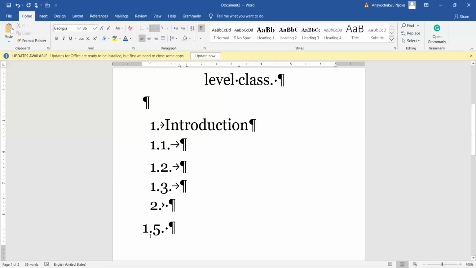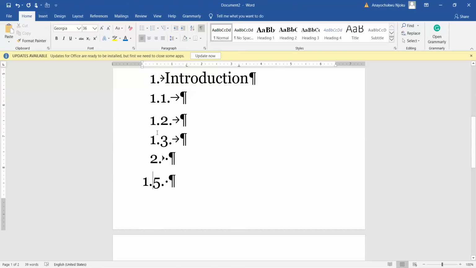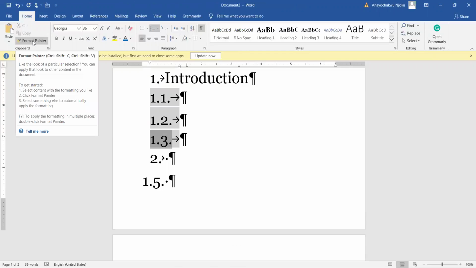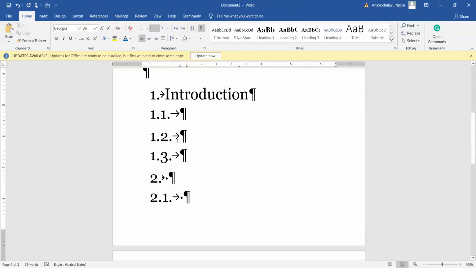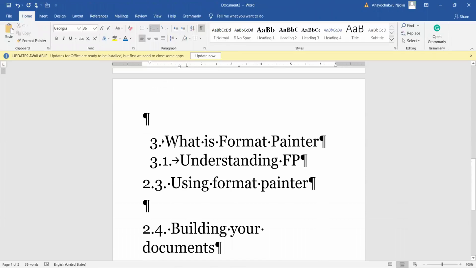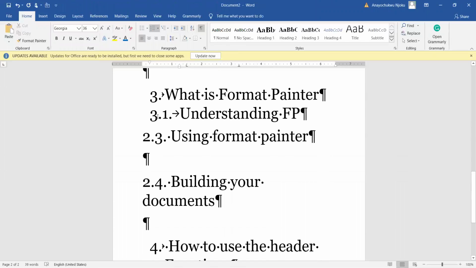1.3. And so let me try this out. I don't know what is going to happen here. So when I click on here, Format Painter, and I select this Format Painter and click here, it changed automatically to 2.1. And my arrangement keeps going that way. The same thing here, we have 3.1. So if I want to change this to 3.2,